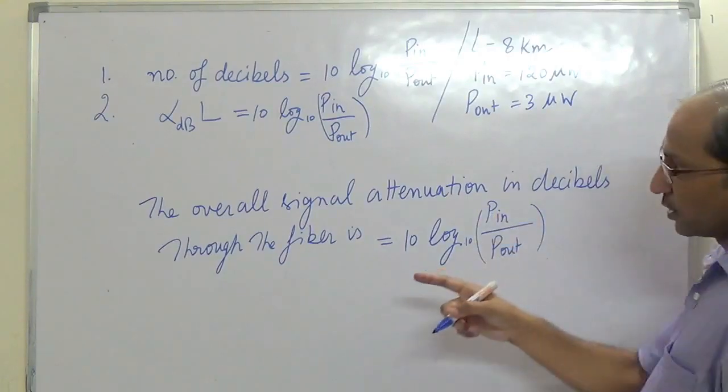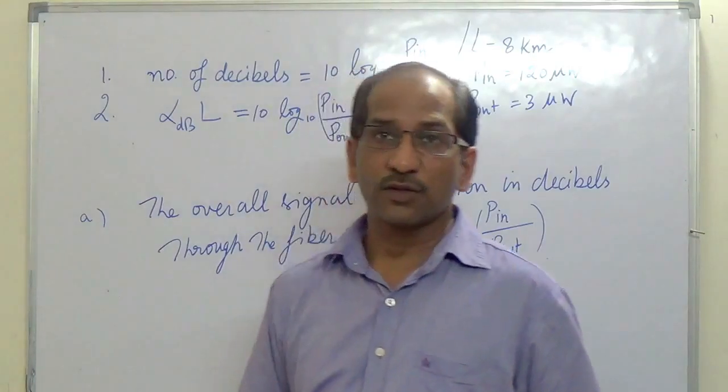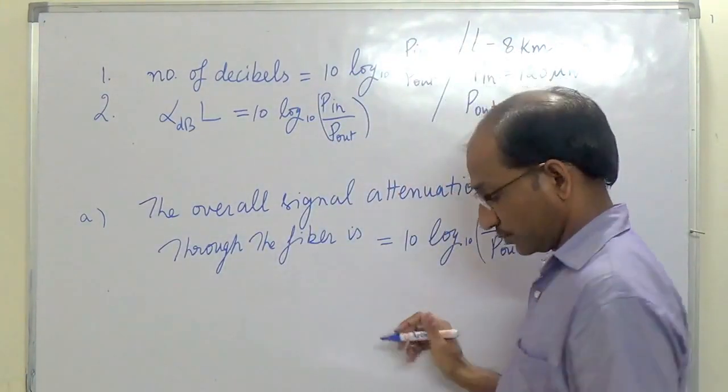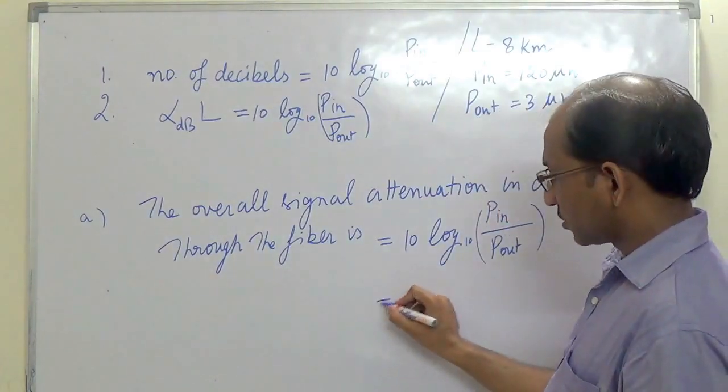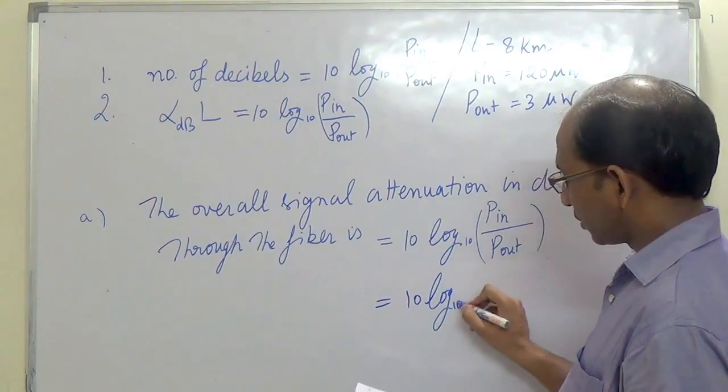So in the first part, that is A part, we have to just put the value of P input and P output, and that is equal to 10 log at the base of 10